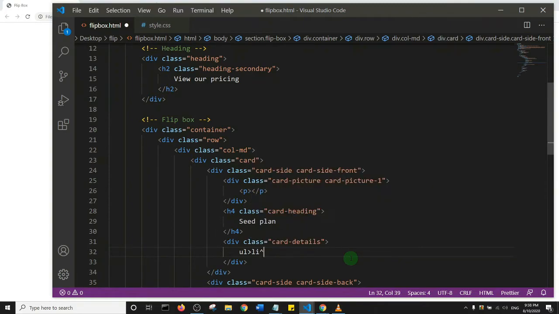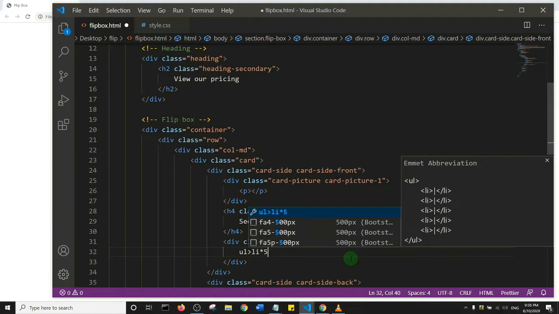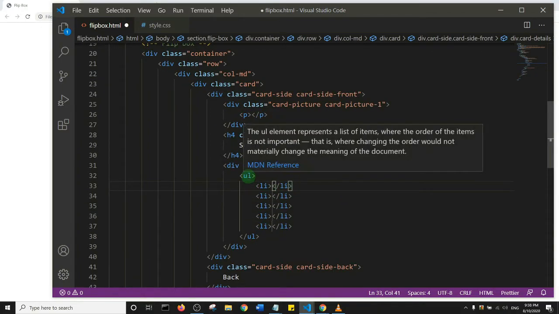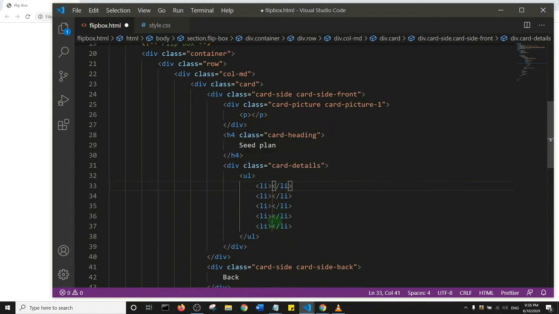So I'll say li times 5, and I'll hit the tab key. Okay, so now let's see what I did. So I created this unordered list tag that has these 5 list children. Okay, so essentially what I'm going to do is I'm just going to quickly write the design and